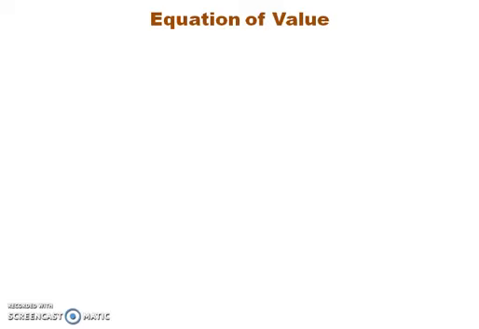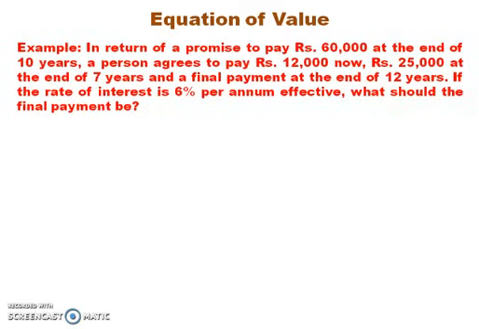Equation of value is an equation basically which you need to make when you have two methods of discharging the same obligation and you have some missing information which you need to find out. Here you need to have a focal date, that is the date of comparison of these two methods of payment of the same obligation on which you need to make this equation. To understand this, let us take an example.